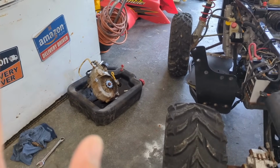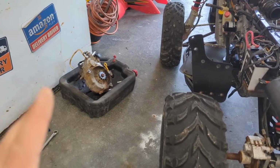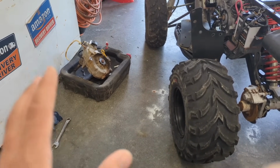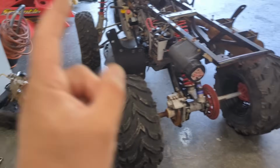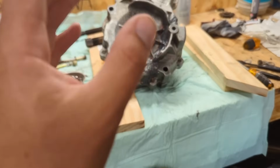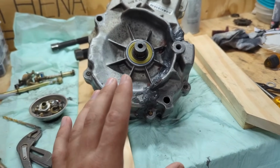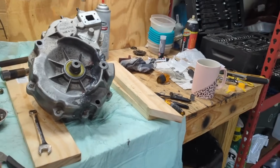But my plan as of right now, that's a new sprocket as well. I just slid it on there. My plan as of right now is to tear that one open, check all the gears, check the chain, make sure it's good. If it's good, I'm going to take it and throw it in this quad, the 500. And then the one I fixed and rebuilt, or not really rebuilt, but put the new seals in and stuff, I'm going to kind of sell this one. I'm going to part it out, maybe sell it, sell the pieces, because, you know,